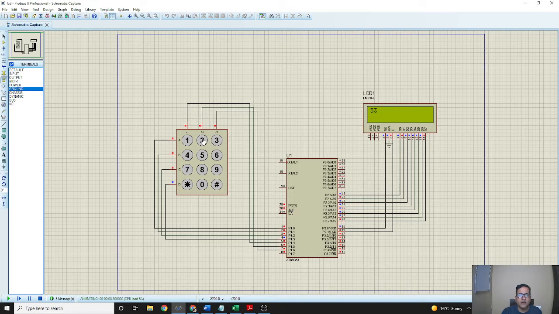Likewise 3, 2, 1, star, 0, hash. In this way this will come. So let's start with our project. So firstly we will